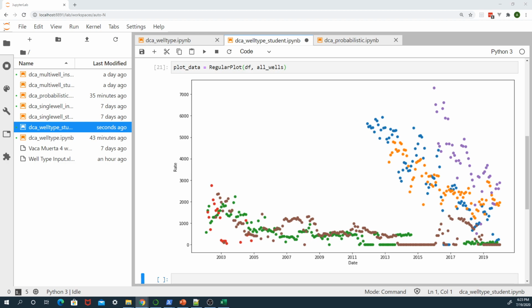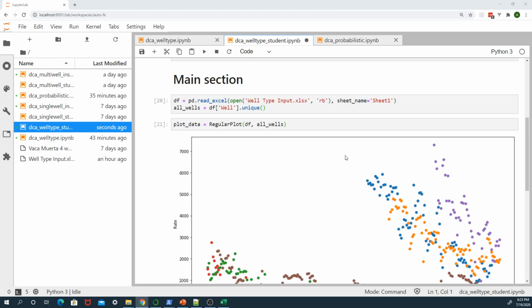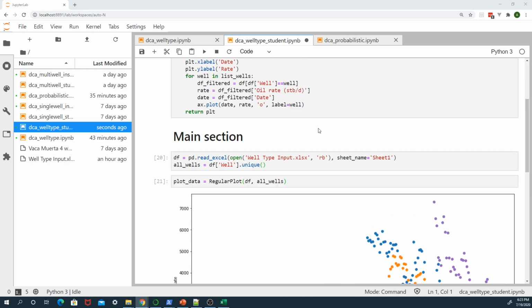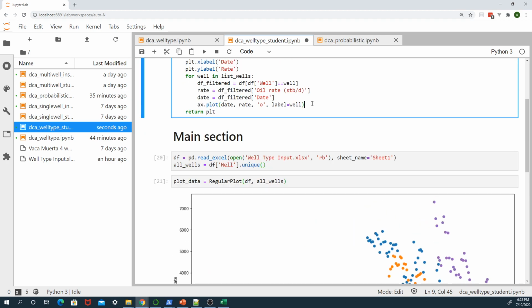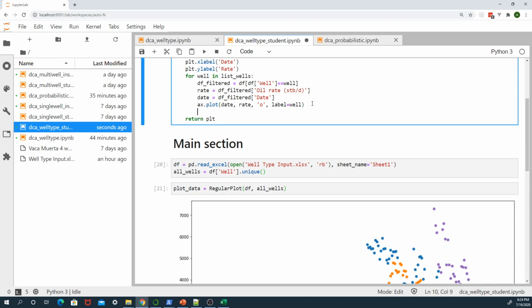Right, and so let's say, oh, there is something that is not working quite nicely. As you can see, I don't have a name of a plot. So what happened is with the label, I only got different colors, but I didn't get the actual labels of which wells I'm plotting here. So for that, I'm going to do an additional step here outside of the for loop, which is ax.legend,